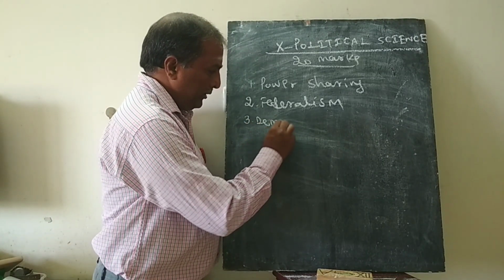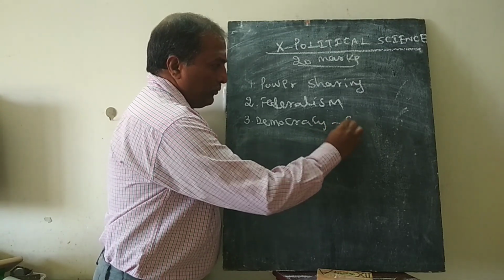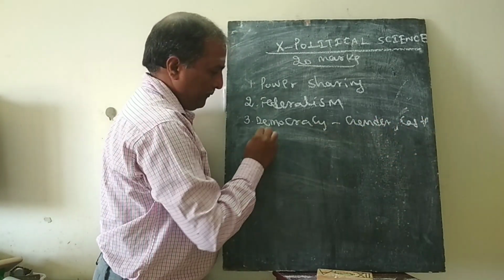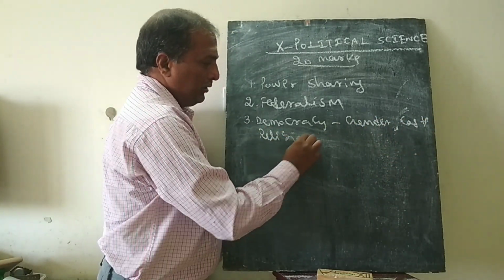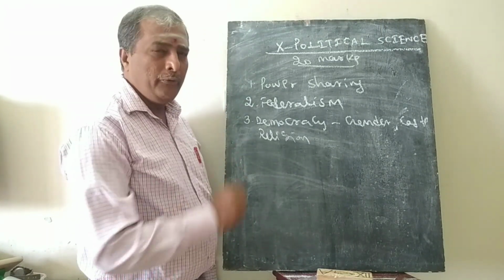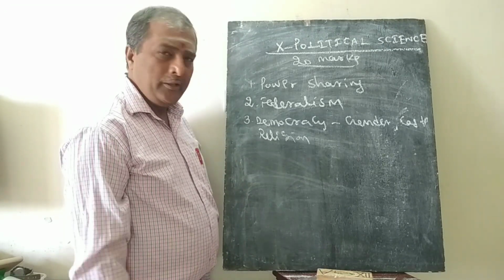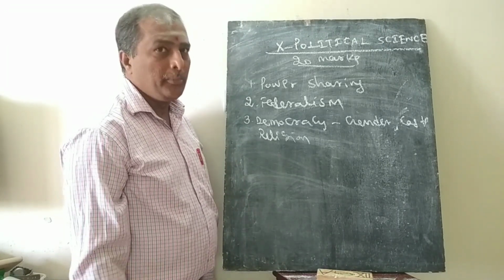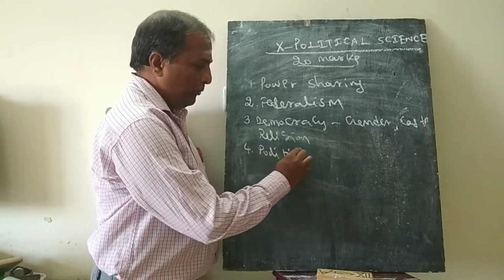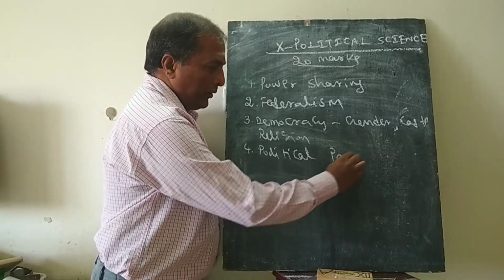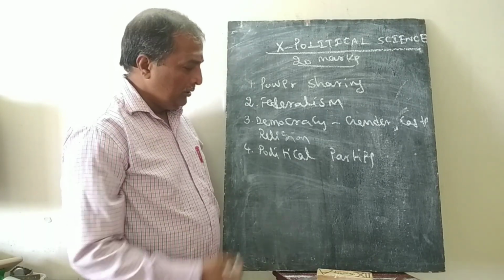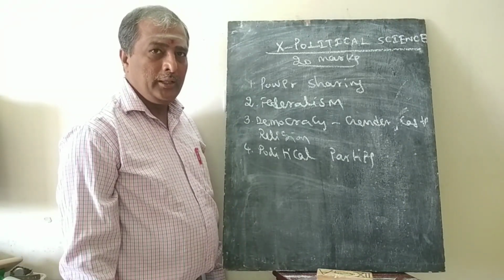caste and religion. This is one of the current topics where mostly we discuss a lot, and we would give you a brief outline about what is gender division, how caste and religion dominates in politics. Fourth chapter is again a current topic, political parties. You know, political parties are the inevitable tools in a democratic system. We would discuss about the national parties, regional parties, and recognized parties, unrecognized parties, ruling party, opposite party, all the